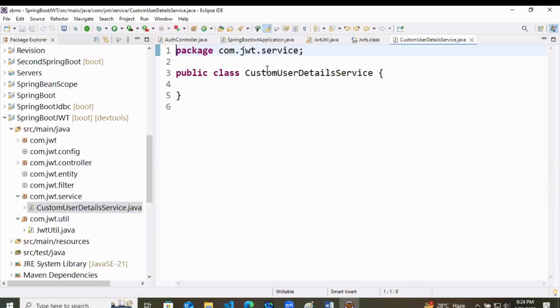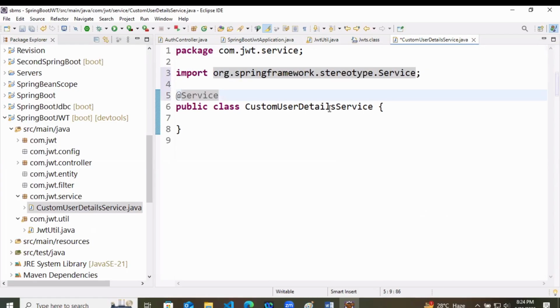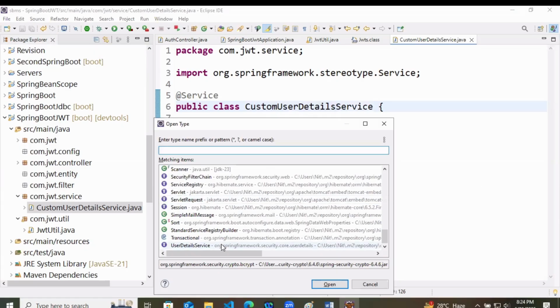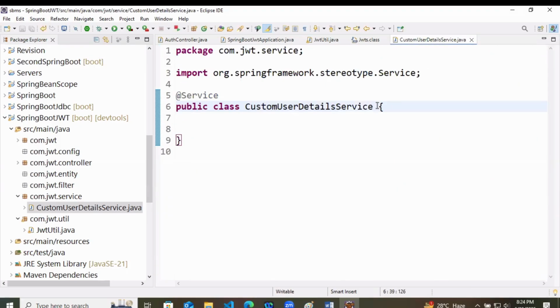Custom user details service. Which annotation should I keep here? Srikar, controller or REST controller? REST controller. Very good. I have created this in the service package. Even the class name is user detail service. Then also your answer is REST controller. Now, how did we create it last time? Inside this, you have to implement one interface, and I have already shown you that it is UserDetailsService. Last time also we did it the same way, but last time we were auto wiring it.